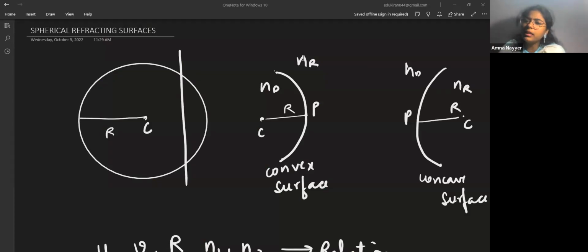Mirror is one thing that you have painted on one surface and reflection is occurring, right? But what if I just take a portion of the circle of that hollow sphere? If I just take a portion of it, a refraction can occur from both the surfaces. Now here what will happen? If I paint one part,